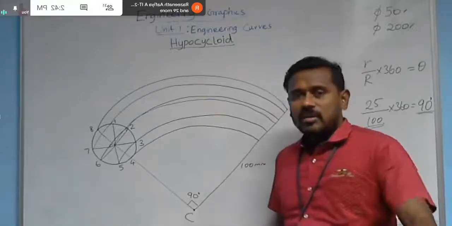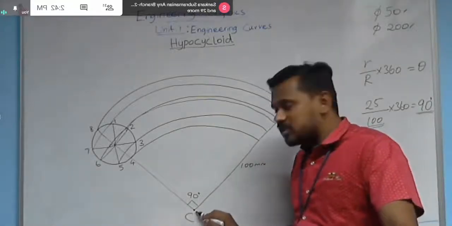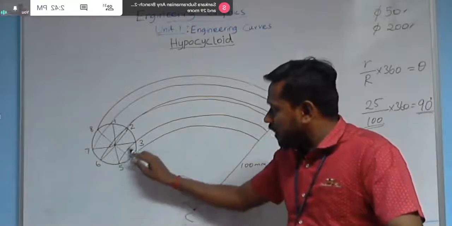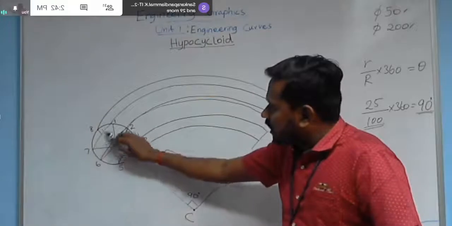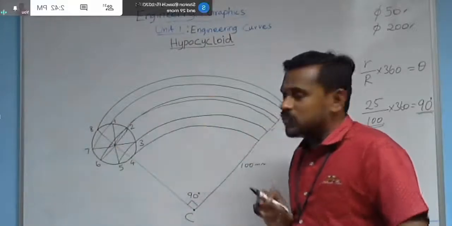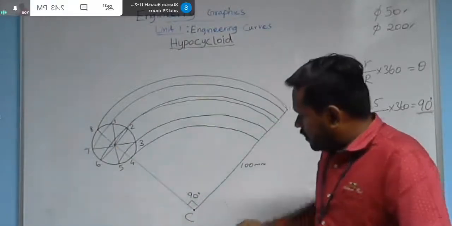In this way, you can draw arcs by making common C as a center, from 5 and 3, 4, 6 and 2, 7 and 1, 8. In this way, you can produce arcs. And then now,